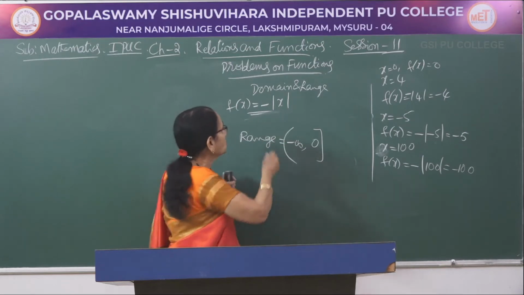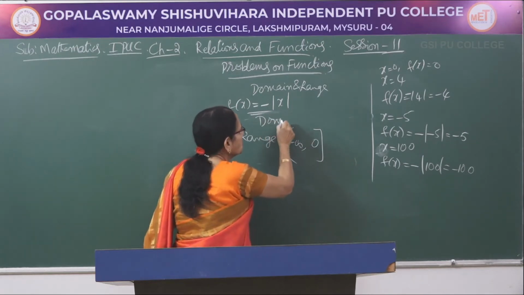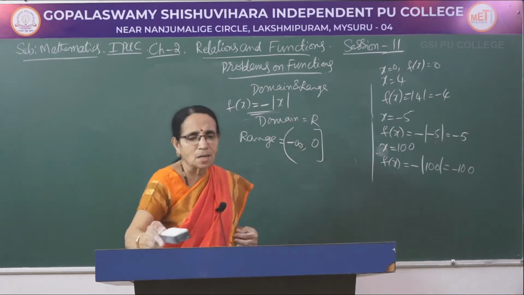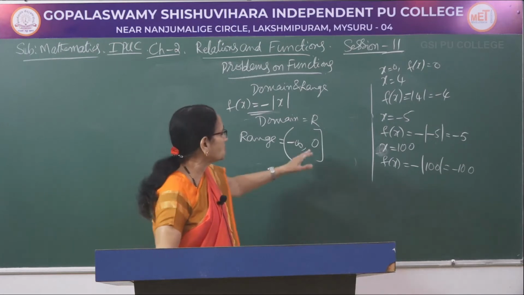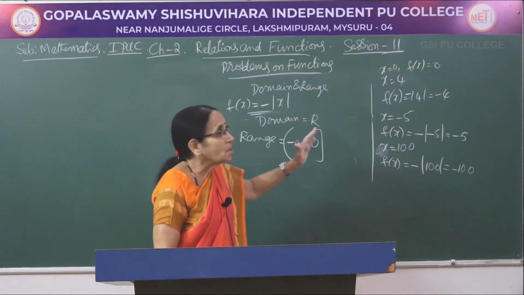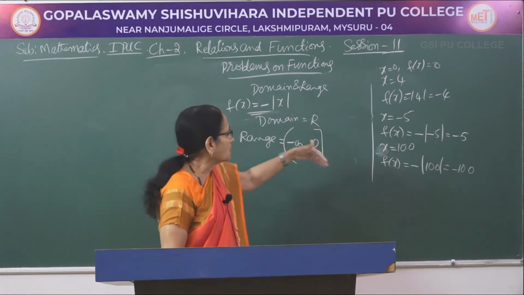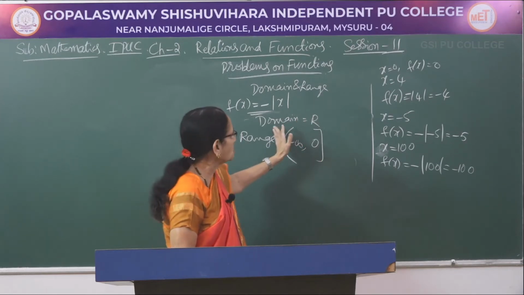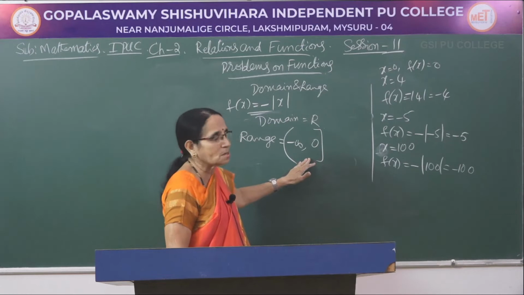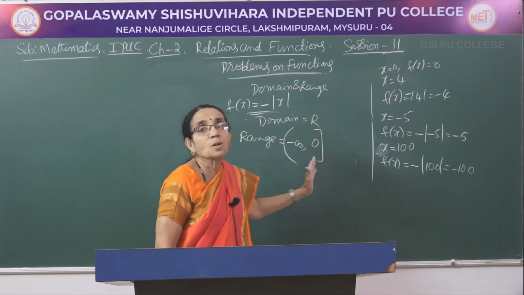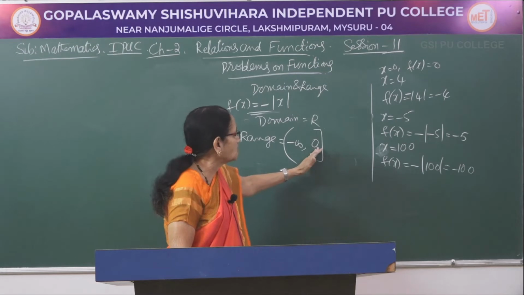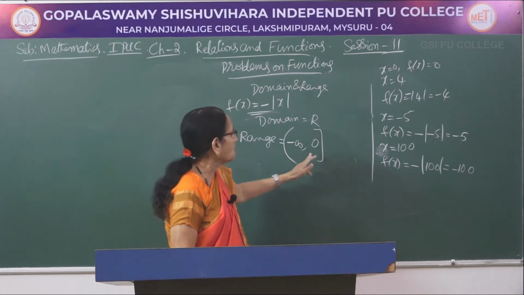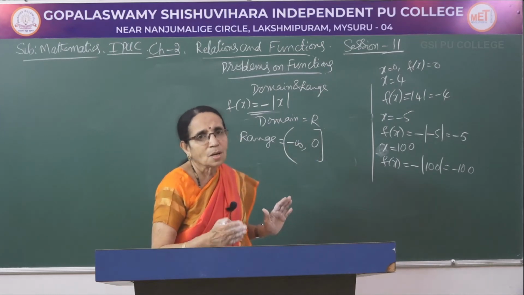And what was the domain we had written? The domain was the set of the real numbers. X could be given any real value, whereas the range is restricted. It takes only the negative numbers of the codomain that are associated with all the numbers of the domain here. So, this is an infinite set. This is also an infinite set, no doubt, but it cannot take a value more than 0. That is, all the values would be 0 or less than 0. The images of the elements of the domain will be either 0 or less than 0.